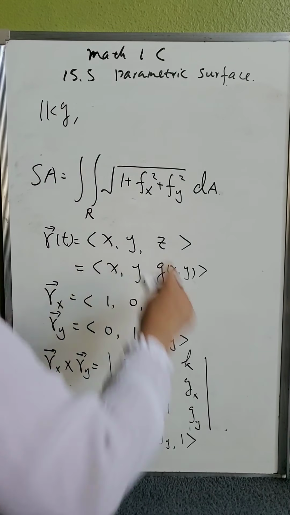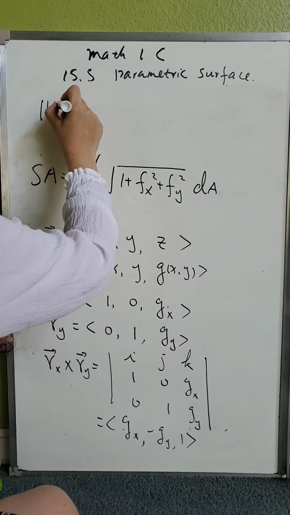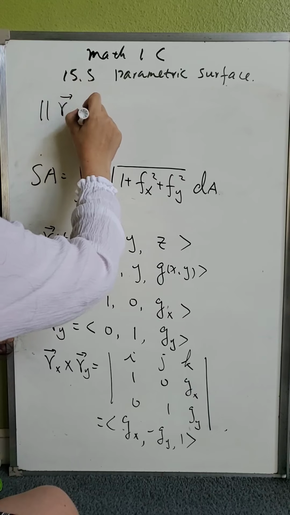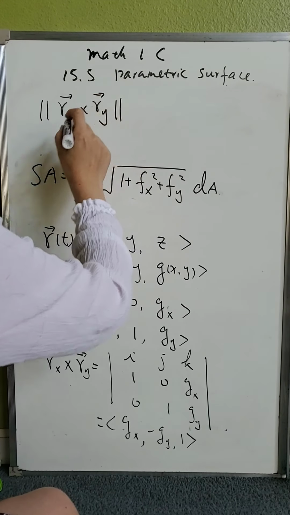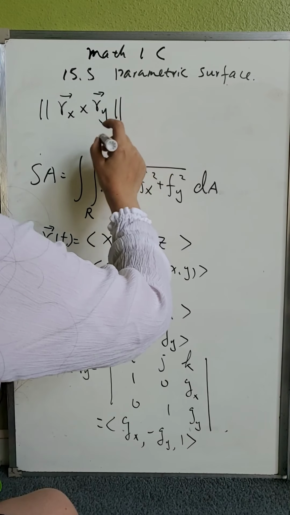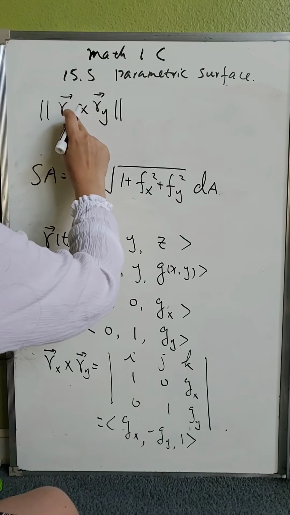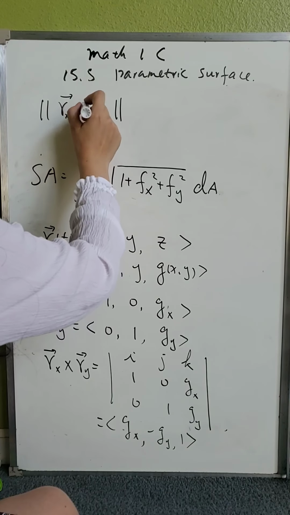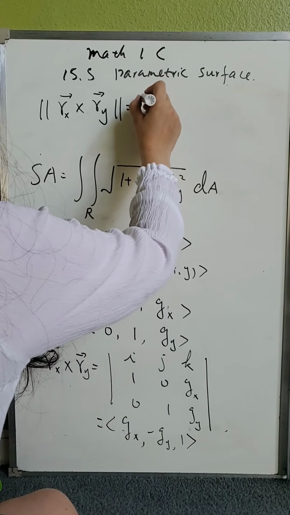Take the length of this. It's a cross product here. So that's just equal to